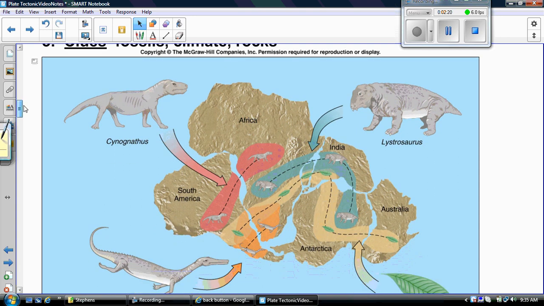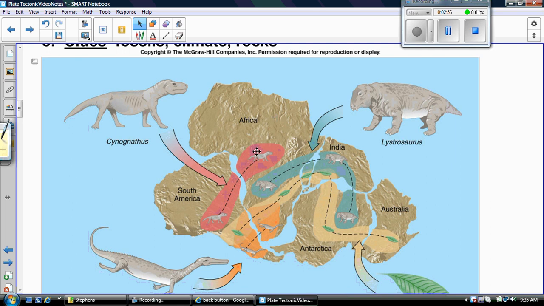For example, he found fossils of the same type of dinosaurs on different continents. So for example, this dinosaur was found in Africa and South America. Well, present day Africa and South America are separated by the Atlantic Ocean. Well, these dinosaurs can't swim. So he said, obviously, the Atlantic Ocean wasn't there at the time these dinosaurs were around, because if they couldn't swim, how did they get from Africa to South America? So he said that Africa and South America were once joined together in a super landmass,